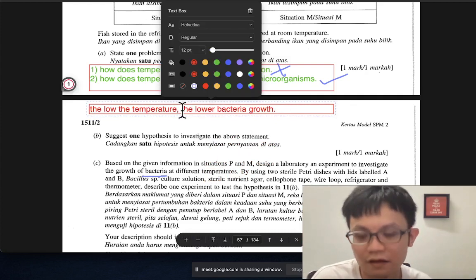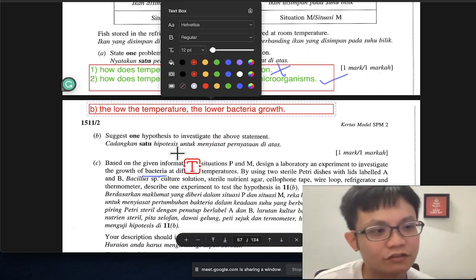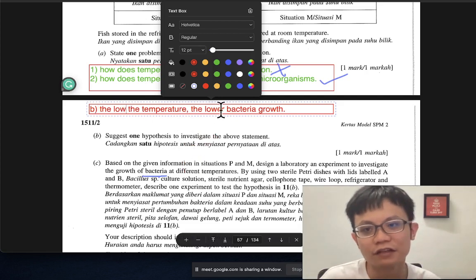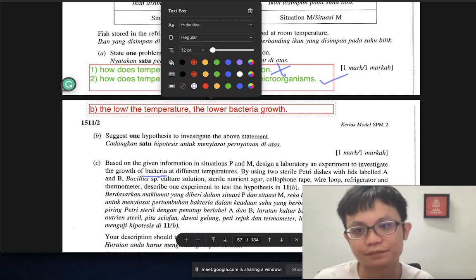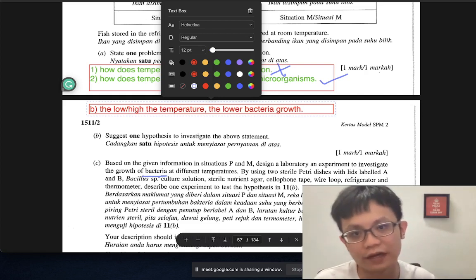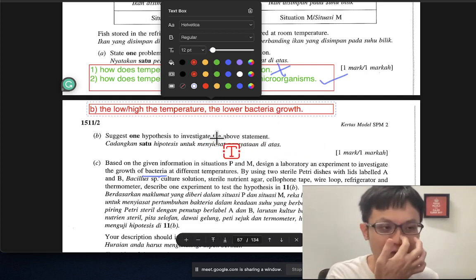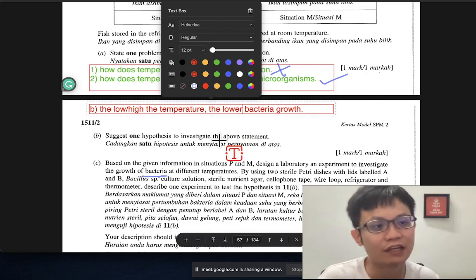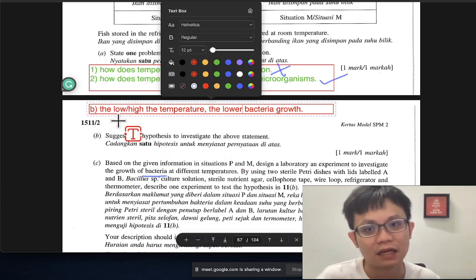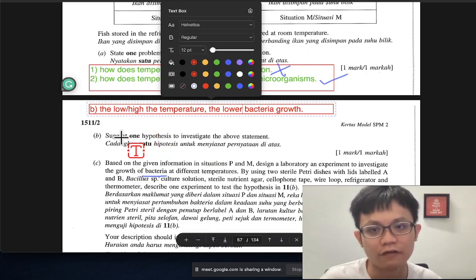It's about temperature and bacteria growth, right? Yep, correct. But the student will get this wrong. This is the common mistake, that students will get this wrong. The thing is, the hypothesis is something that you want to test. So when you say the higher the temperature, the lower the growth, it is very ambiguous, because ambiguous means